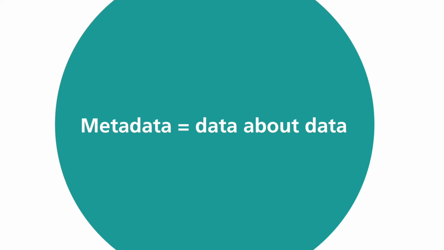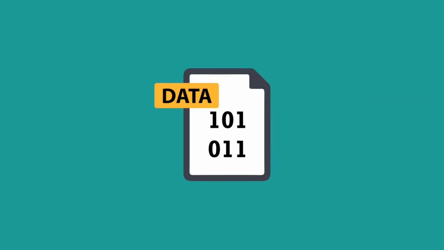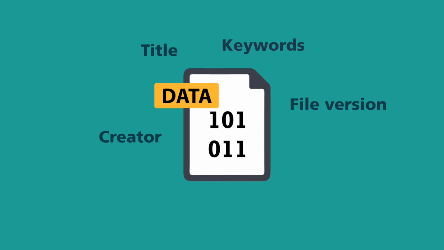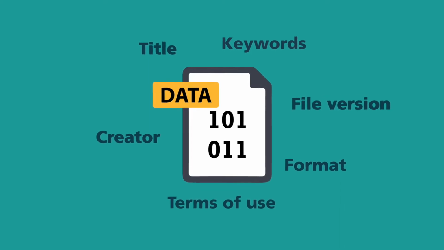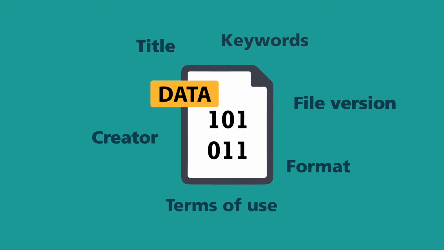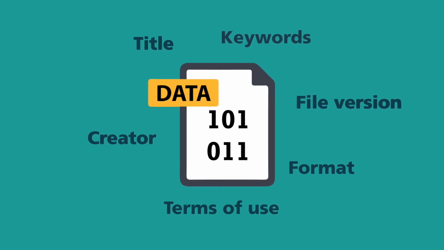This sounds like a no-brainer, but I also find that it is really challenging to get people to use this consistently. And this is a prerequisite for being able to find the description of how a dataset was generated later on. Metadata is data about your research data. Examples of metadata are keywords, title, creator, file version, format, and terms of use. You should always consider what metadata and documentation are needed to understand the dataset now and later, by you